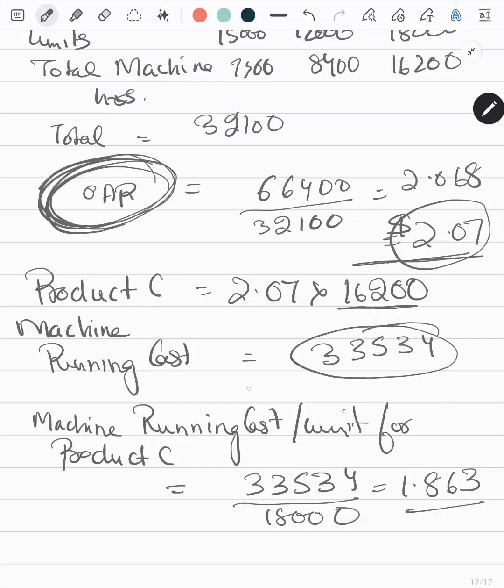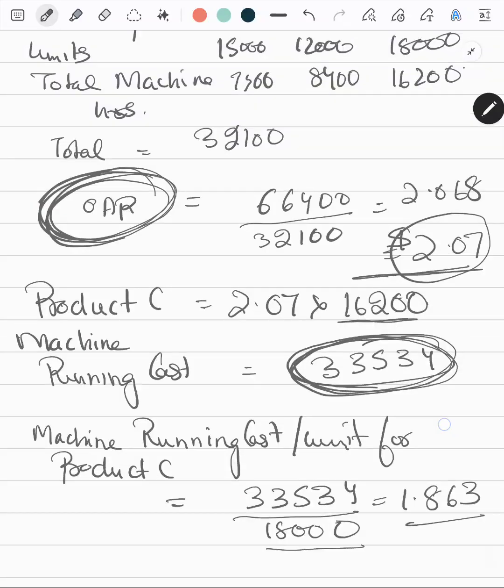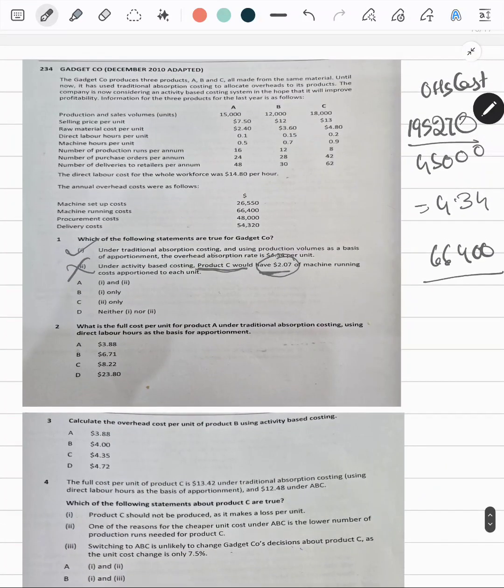and then I will divide the entire machine running cost of product C by the number of units produced for product C, that is 18,000, and this is how I will get the machine running cost per unit of product C. So the answer is only B. Now what is the full cost per unit of product A under traditional absorption costing using direct labor